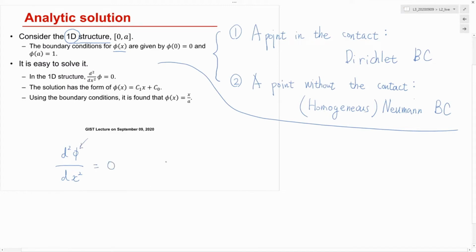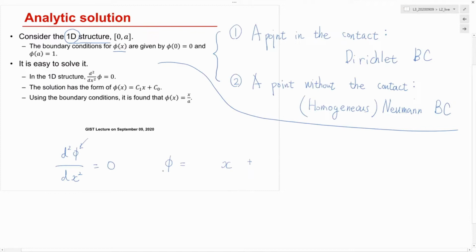So at most it can have just a linear term or a constant term. This is linear and this is constant. However, both of them vanish when we take the second order derivative. So this is the possible form of our